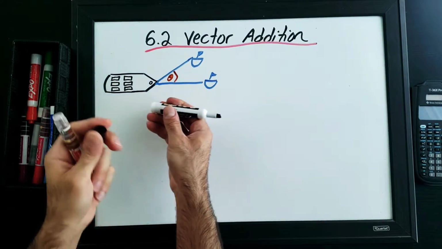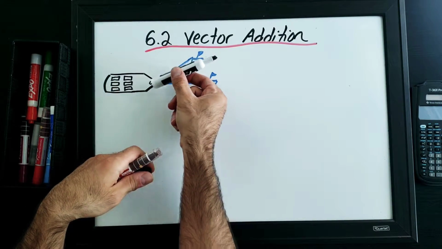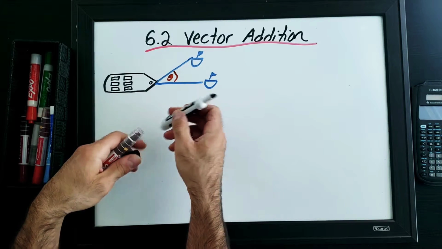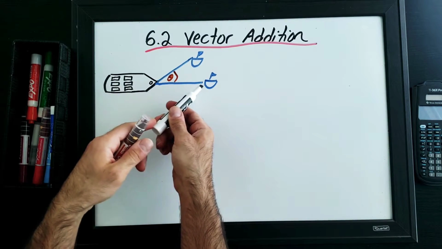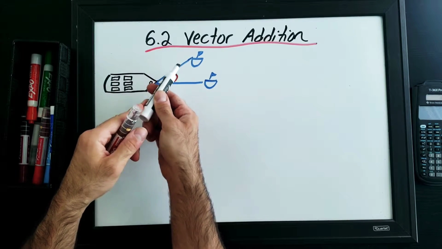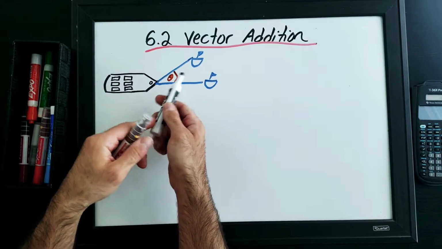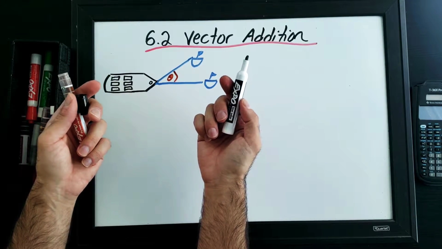So when we add vectors, we use this vector and this vector. What adding vectors means is: which direction is this ship going to move? Well, it's going to depend on which way this tugboat is going and this one, and how hard this one is pulling and how hard this one is pulling. So those are the two quantities for each vector. And adding these two is vector addition. So for instance,